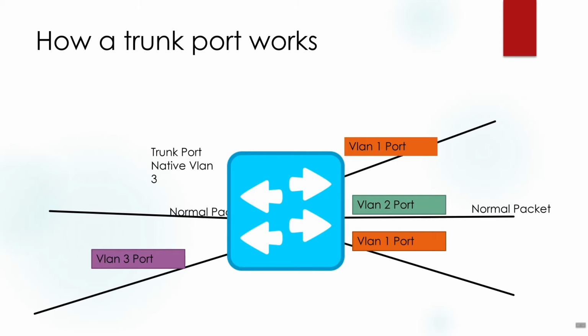So the packet goes up to the switch and comes back out as VLAN 3 on the trunk port, completely untagged. Once again, this is because VLAN 3 is the native VLAN, so you need to make sure that your native VLANs match up, because if you have native VLAN 3 on one port, on one switch, connected to another switch where the native VLAN is 1, then your VLANs won't match up, and you will have